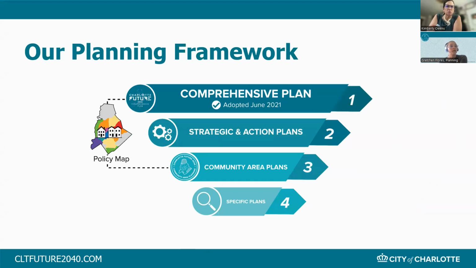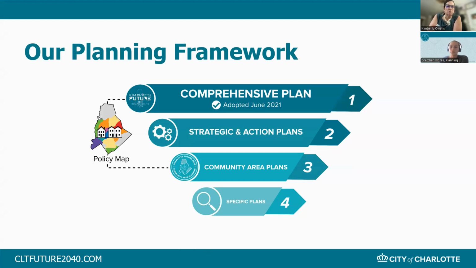policy language. As a companion effort to that, there was a policy map that was adopted in 2022, and that is the land use piece to the comprehensive plan. The comp plan itself provides the policy language. The policy map provides the land use guidance. So what the policy map has is not only land use, but it's also guidance on things like open space, building form, and some mobility guidance as well.